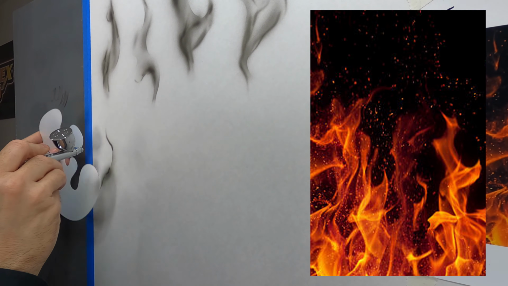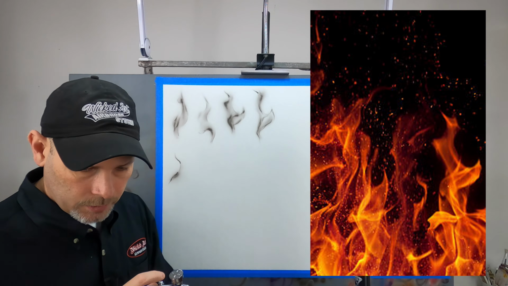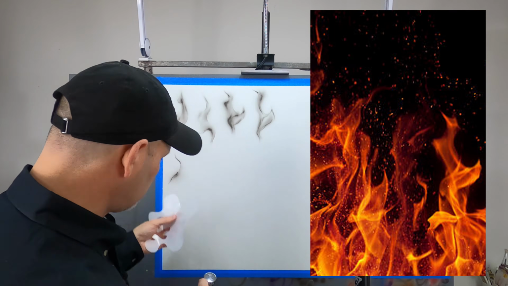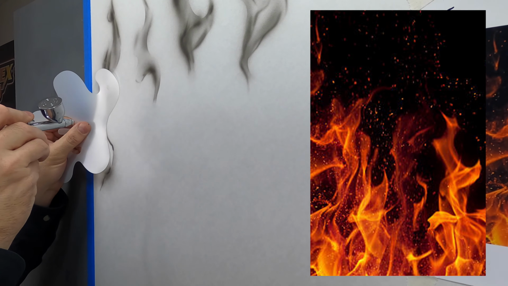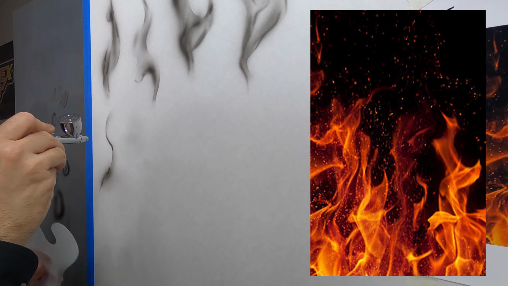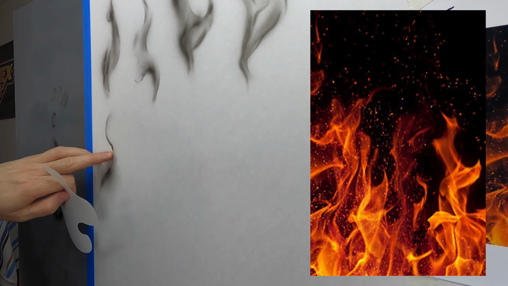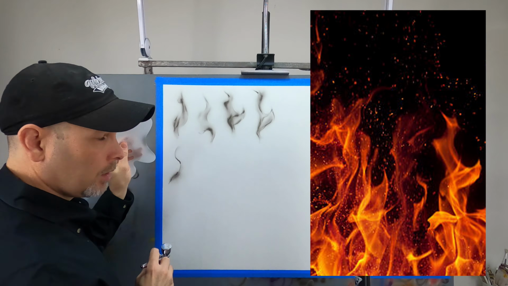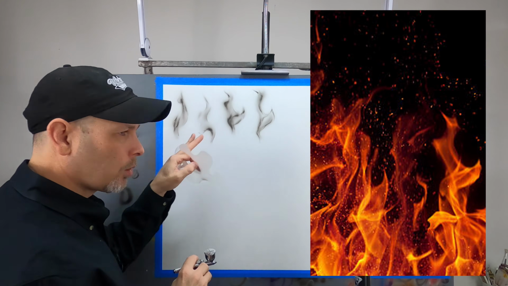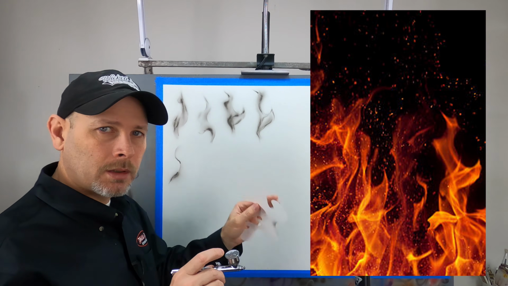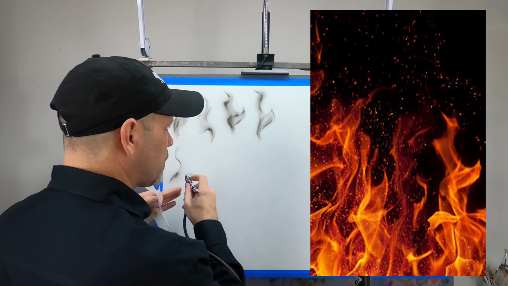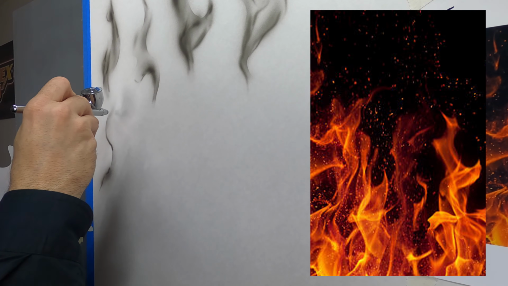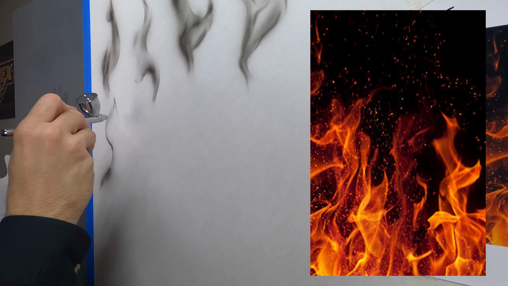And then it comes up and comes back around. So I would need to find another shield for that edge. Maybe this one. You see what I just did there? I had a freehand stroke coming up, and then I continued that with the use of the freehand shield. So incorporate both. Using a mix will really improve your results. It fades out a little bit towards the top here before it kind of comes to a little bit of a point.